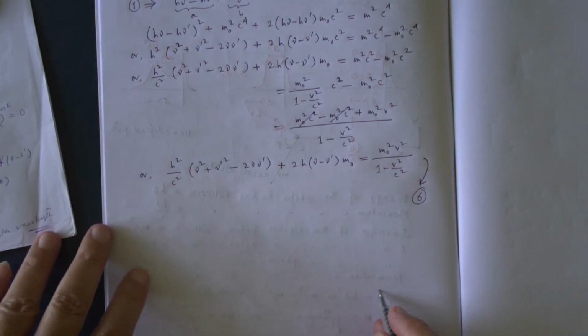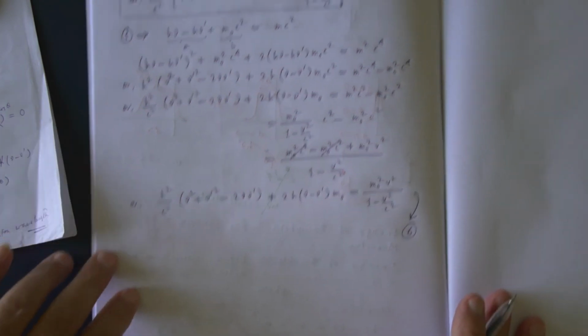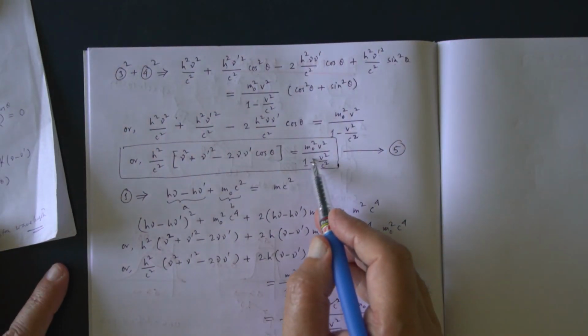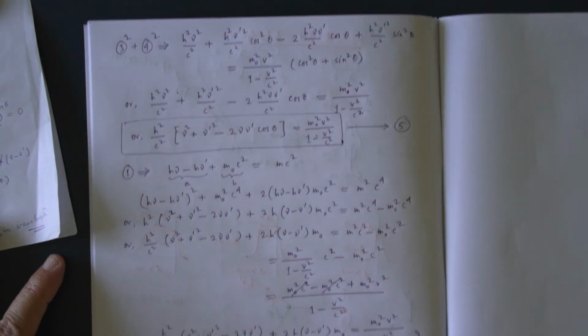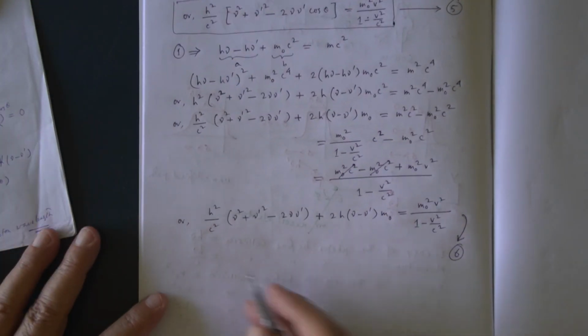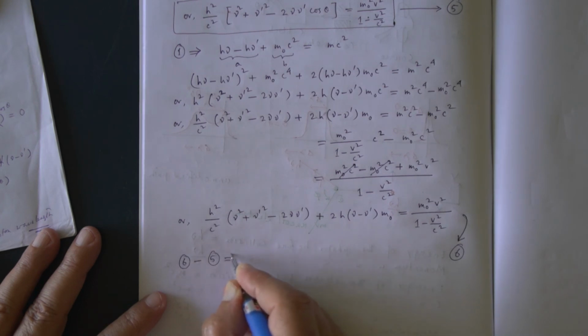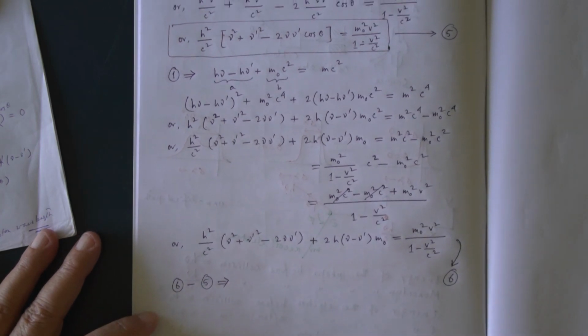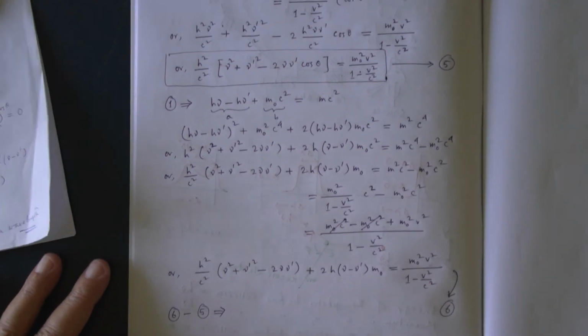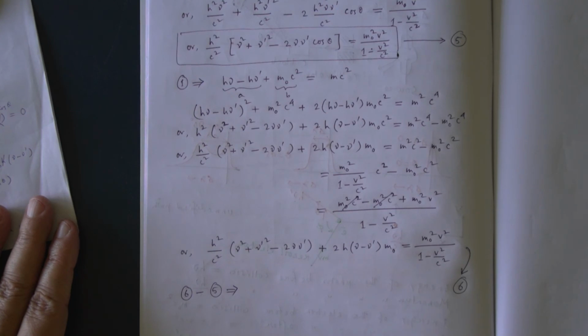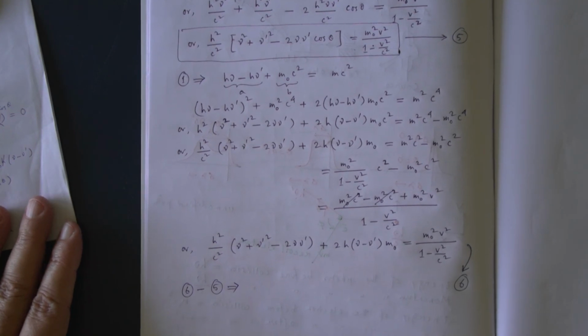So we are getting two equations. One equation is equation 5, and the other equation is equation 6. Now take equation 6 minus equation 5. So what will cancel out? Let me write this, 6: